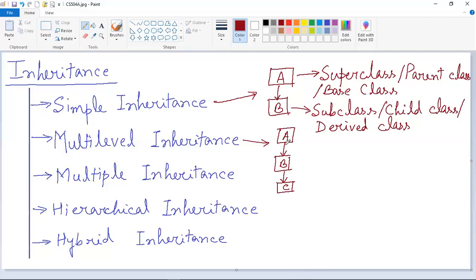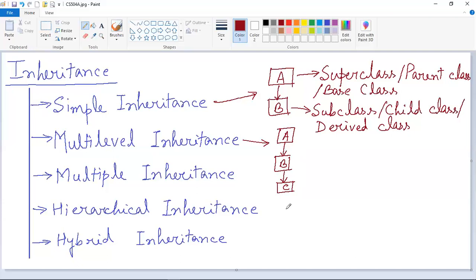Because there are more number of levels involved, this is known as multi-level inheritance, where you will see inheritance in more than one level. Here between A and B there is an inheritance, and here in between B and C there is inheritance. That means inheritance is present in both the levels. That's why this is known as multi-level inheritance.